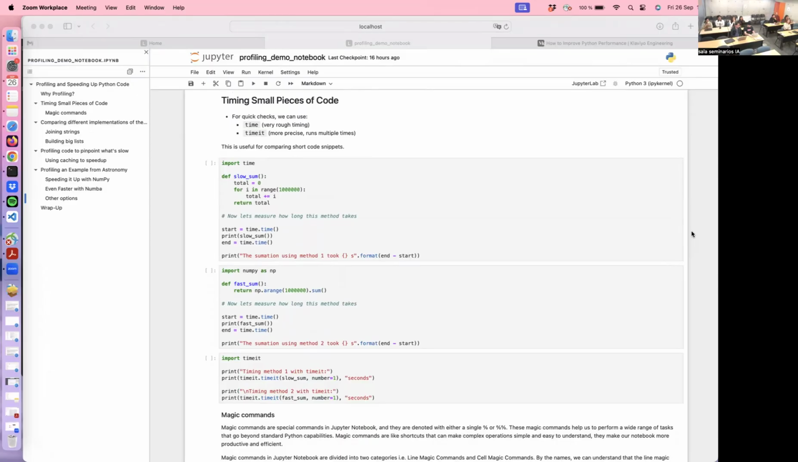And I guess there are a lot of ways in which you can measure how long code runs. Some of them